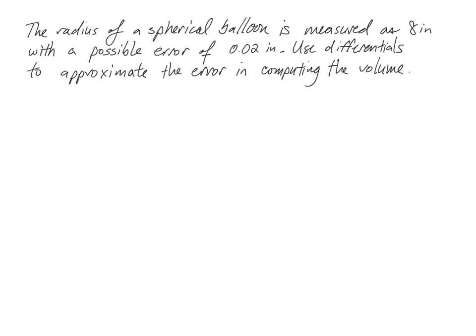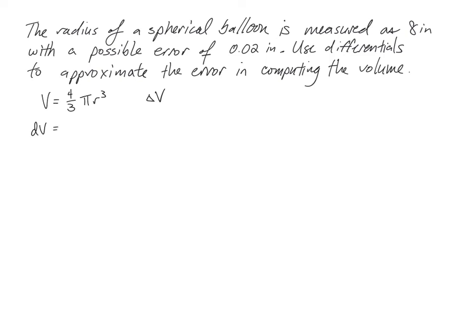For our final example here, we will have an example of propagated error, and we're given the radius of a spherical balloon is measured as 8 inches with a possible error of 0.02 inches. Use differentials to approximate the error in computing the volume. So we can remember that the volume is 4/3 pi r cubed, we can find the error dV, which we will need to approximate the actual delta V,